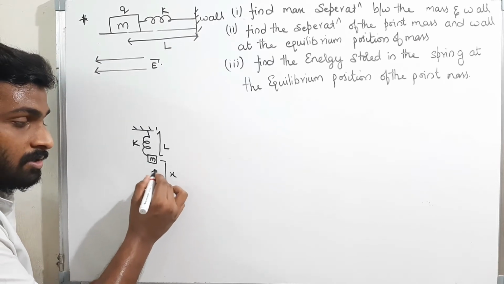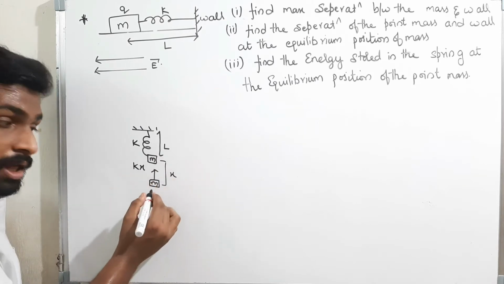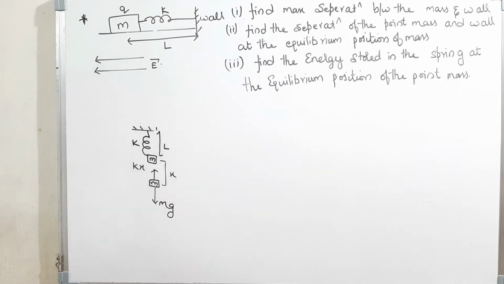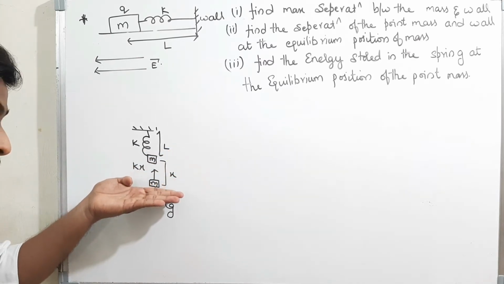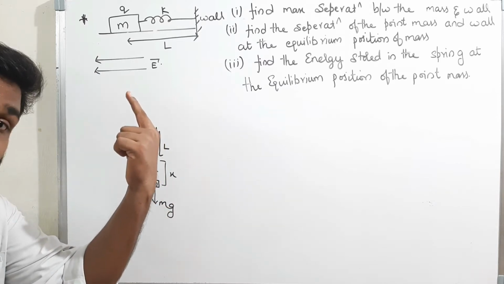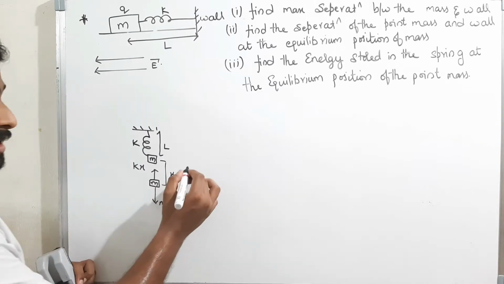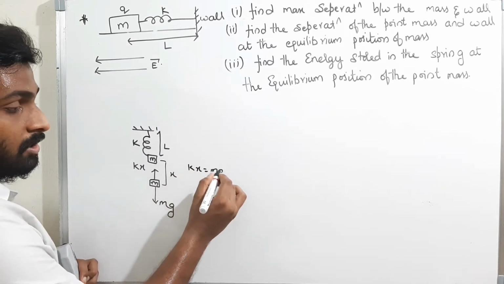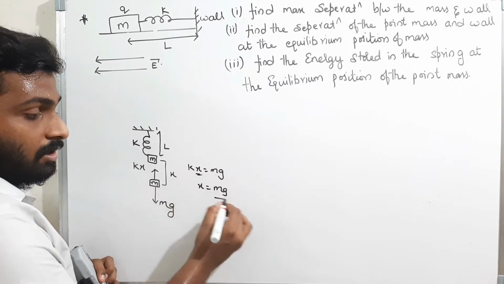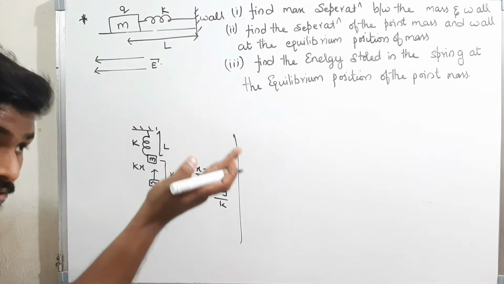The upward force is the spring force, that is k times elongation x, therefore kx, and the downward force is m into g. When I release the body slowly, the body will stop when it attains equilibrium. That means upward force kx because of the spring, downward force mg due to gravity. When kx is equal to mg, the body comes to equilibrium. The elongation x is mg by k. Okay, well done, good. This is when I release it slowly.